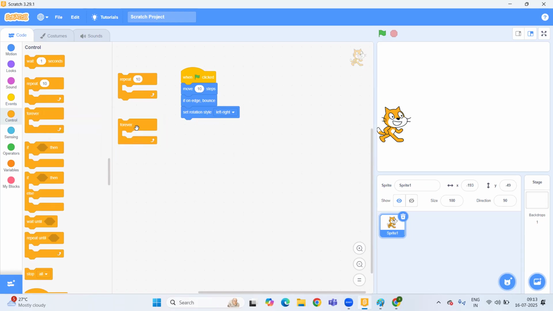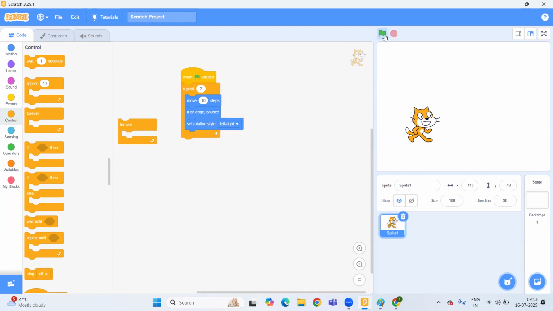If we have a limited number of times, like I want to repeat that task only 2 times or only 4 times, then we can use the repeat block like this. I'm putting it here and typing 2 here rather than 10. Then you can see the result.